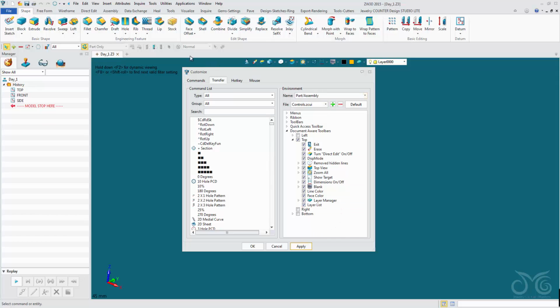So to add these commands to my document aware toolbar, I will search for them. You will not understand at this point what these commands do or their names, but it should make sense as we progress. So the first one we want to add is the attributes filter. That's this one here, over here. We can then drag this